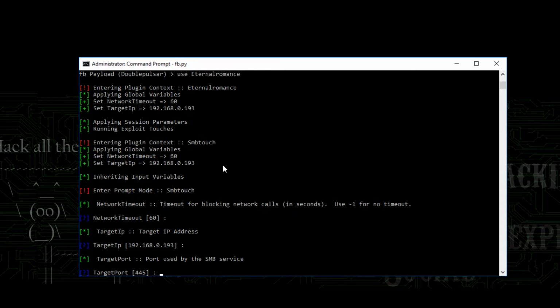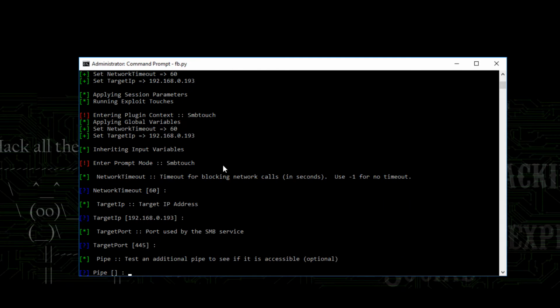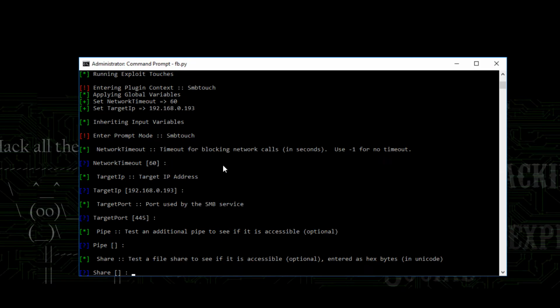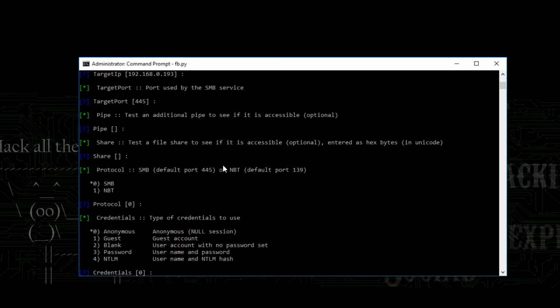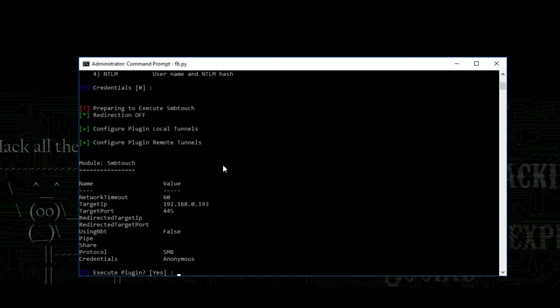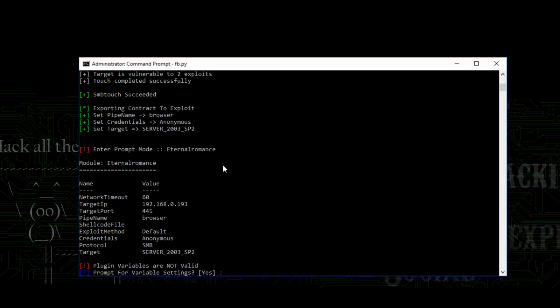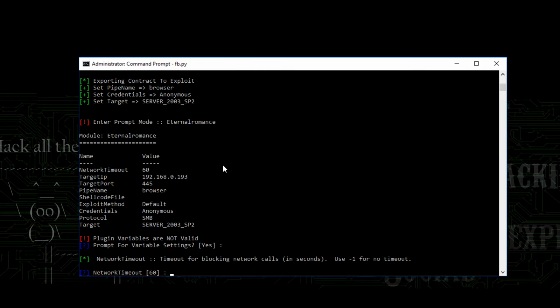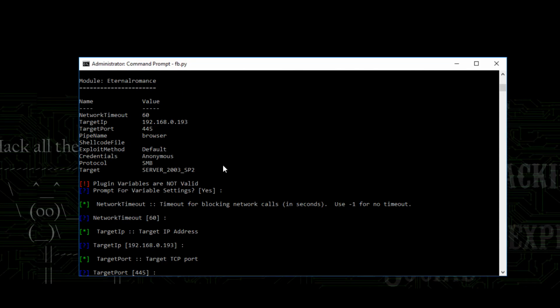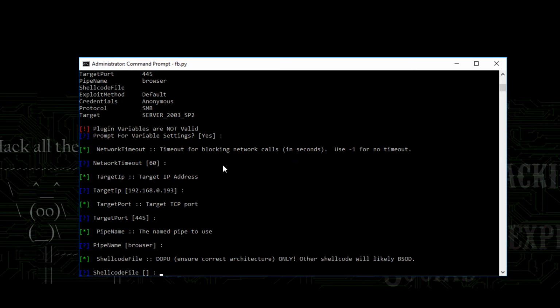Again, defaults here. So this is for SMB Touch, right? These are the settings for SMB Touch, and we're just going to default through this for the most part. Null session's good, and we're going to run SMB Touch. That's good. Now here are the settings for Eternal Romance. Again, we're going through this. It's good. Now the shellcode file, again, and what it's saying here is important,